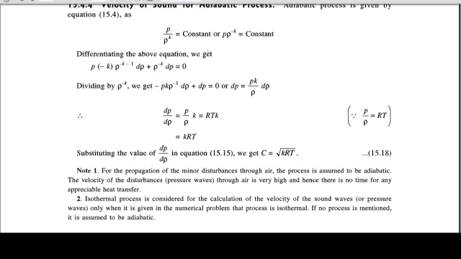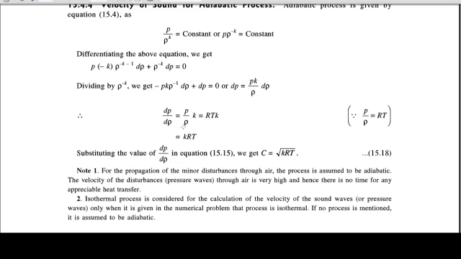Now divide this whole term by density raised to minus K. Then we will get minus P K density raised to minus 1 d rho plus dP is equal to 0, which can also be written as